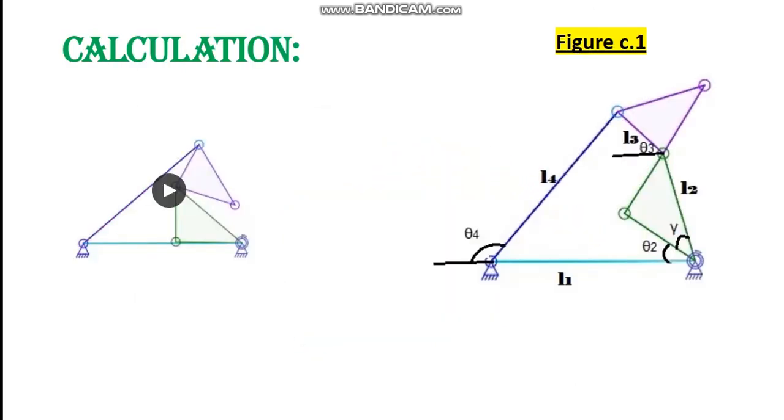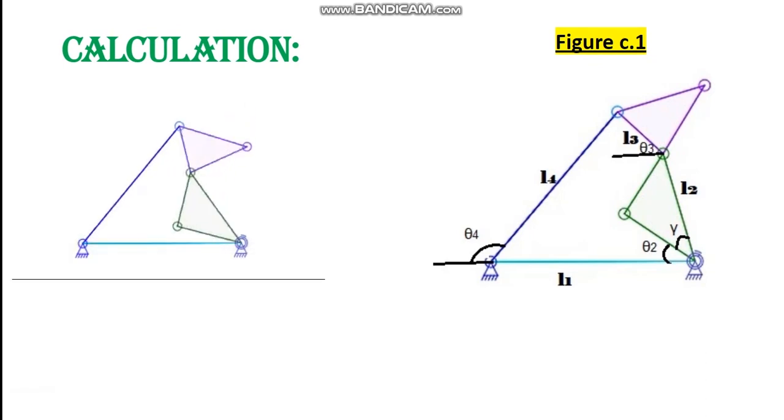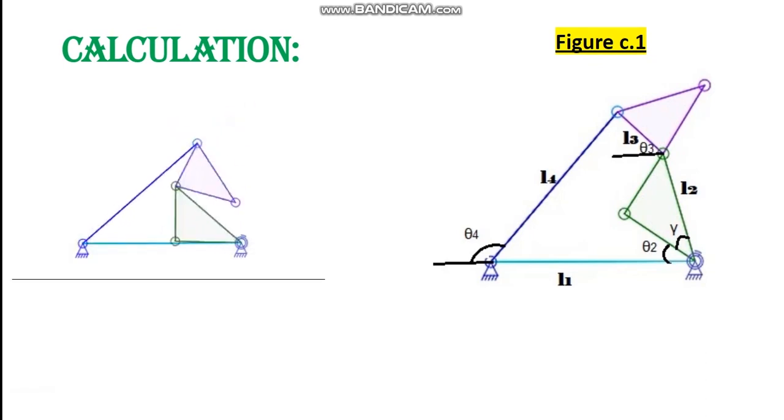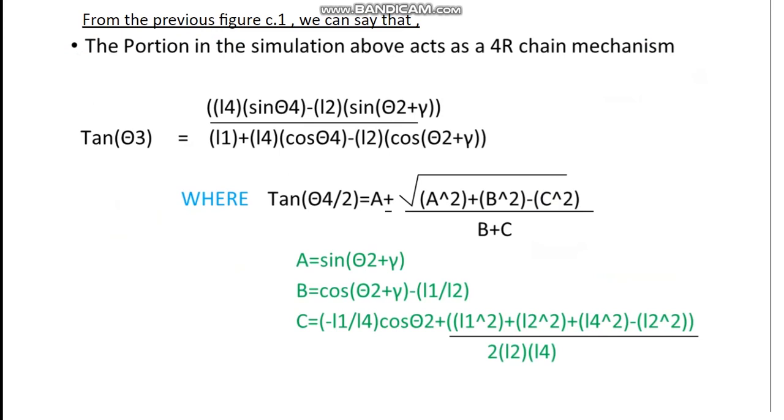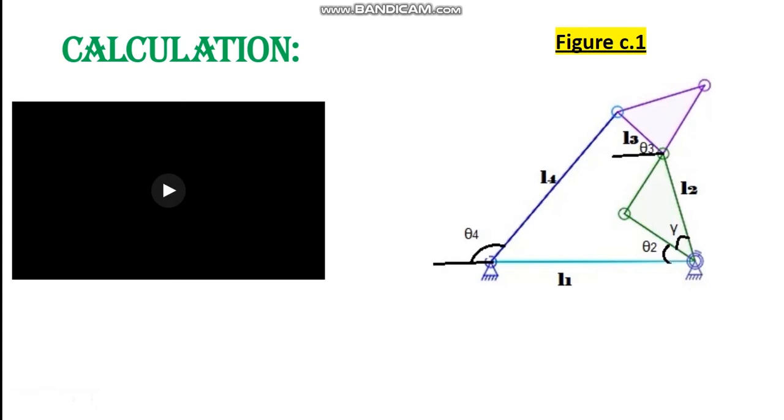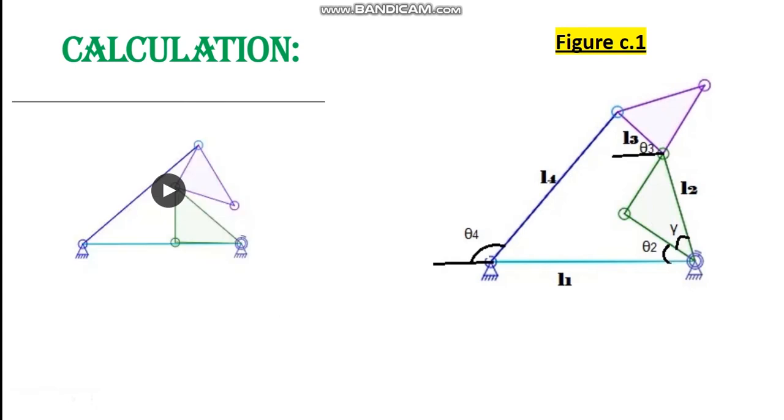This is the base part of the kinematic diagram to calculate the motion of the following mechanism. These are the typical calculations which we make in order to functionally connect theta 2 and theta 3 in a 4R chain. The difference is that we here replace theta 2 with theta 2 plus gamma, owing to the whole angle between the links L2 and L1 being theta 2 plus gamma.